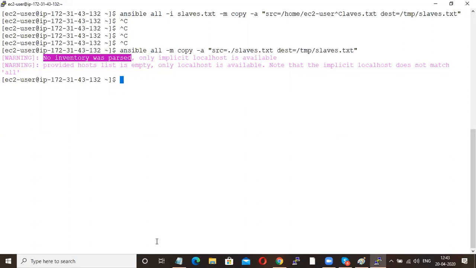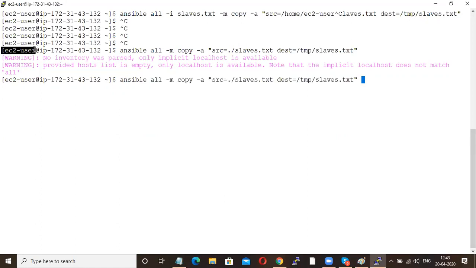Okay, fine. Now, here Ansible will work only with the default user, that is ec2-user. You should not perform this activity with the root user. If you want to use a particular user, for example -u root, you have to tell Ansible, otherwise it won't work.